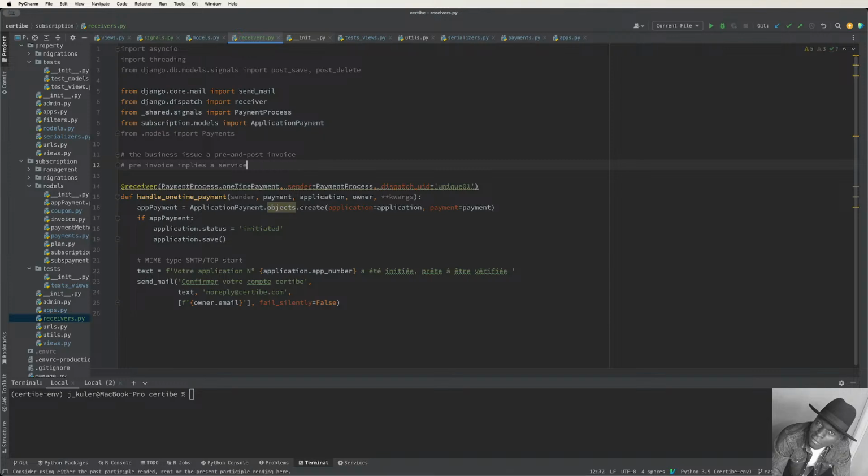A pre-invoice implies an obligation to perform before a service. I'll use the word: a pre-invoice is a quote,